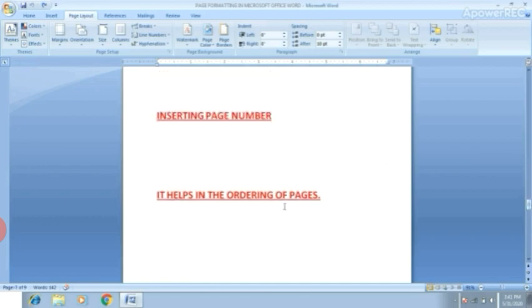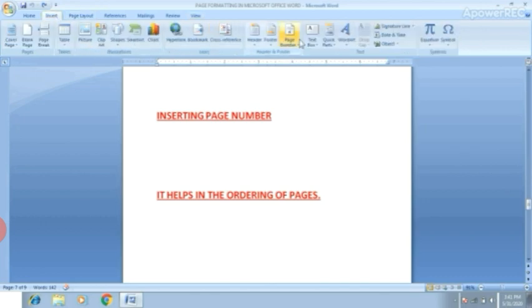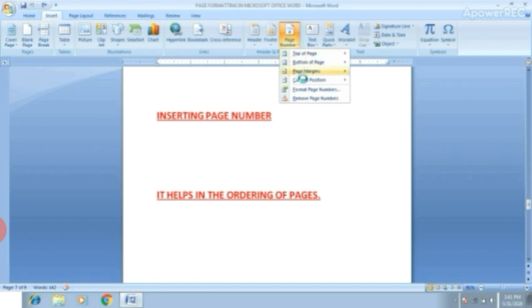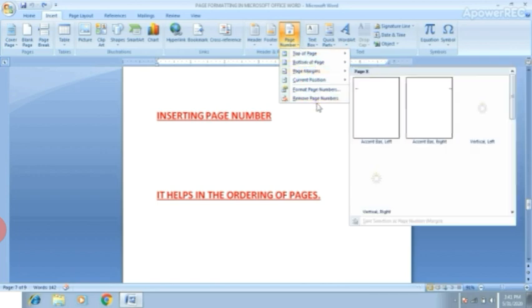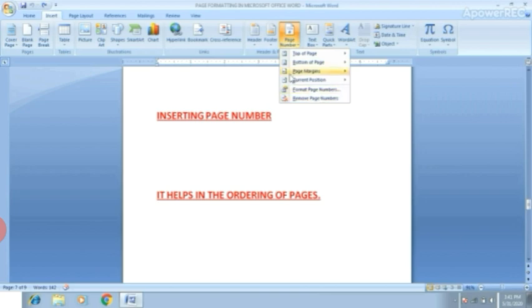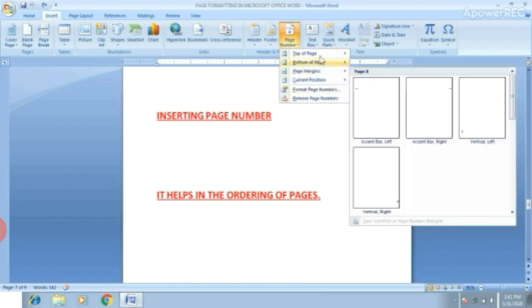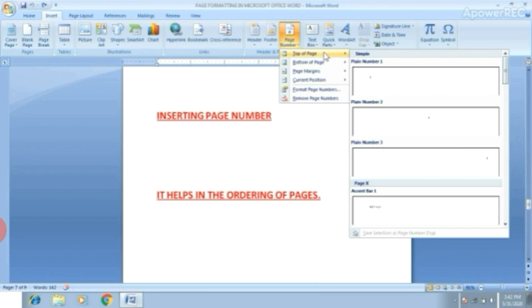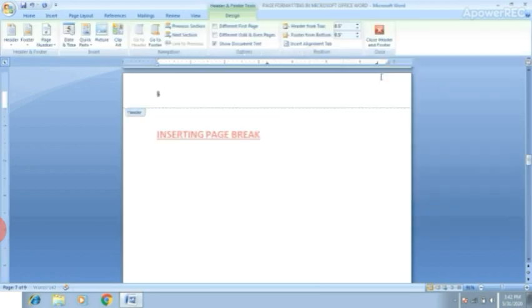Now inserting page numbers. It helps in the ordering of pages. Students, sometimes we want to insert page numbers, so it's very easy. Click on Insert tab, and from header and footer group, this time you have to choose the page number. You can select the option like top of the page, bottom of the page, wherever you want to insert page numbers.